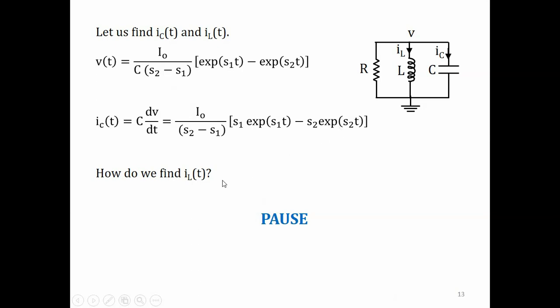The next is, how do we find IL? Alright, we know V, we know IC, how do we find IL? Pause, think 2 minutes, or actually find IL if you are able to. I'm not able to, spend some time finding IL. Alright,